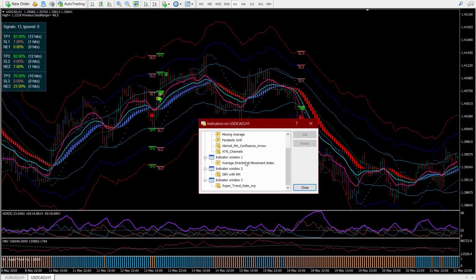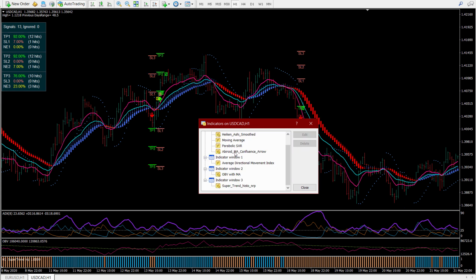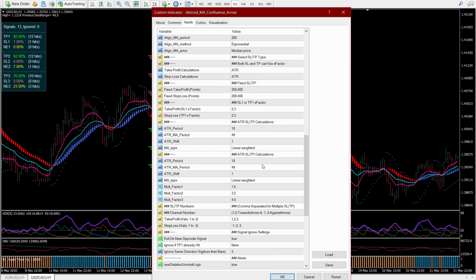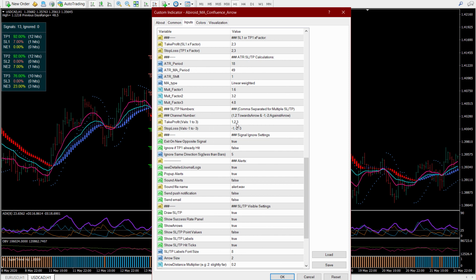Let me just remove the channels for now and go back to the settings. Now if you are scalping, you might want the channels to be closer together. Let me set these back to 2 and 3. In that case, you can change these multipliers right here.